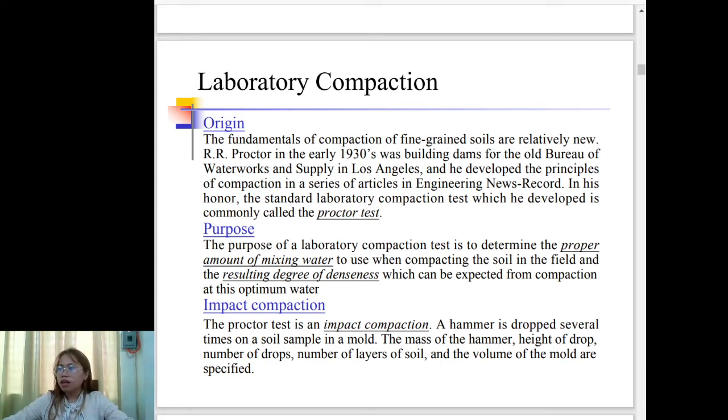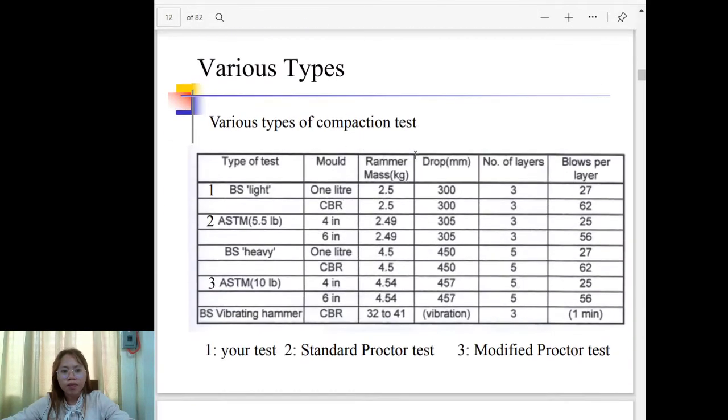I'm not sure, but I believe you did this in your GE43 laboratory, because you only enrolled in... I believe what I handle is lecture only. So I presume you did this in your laboratory. Anyway,